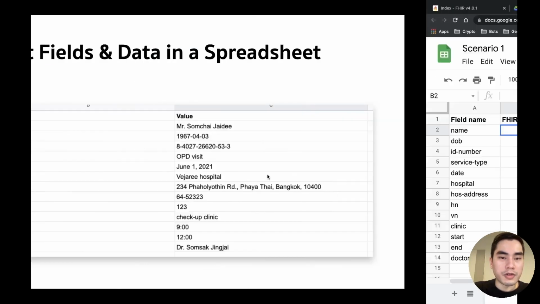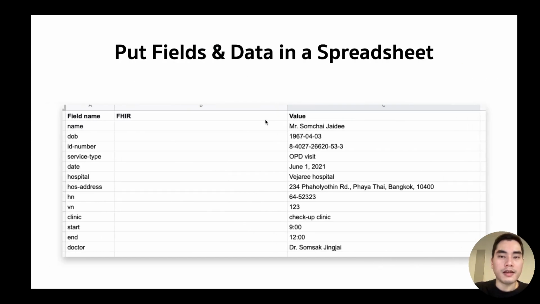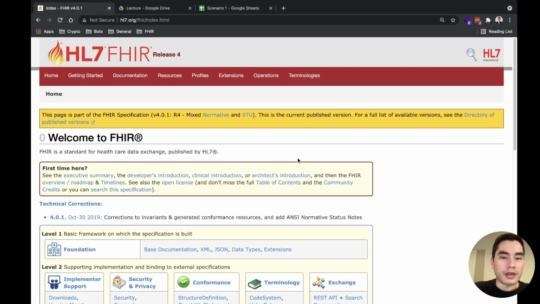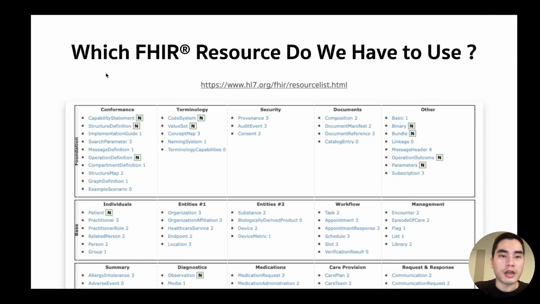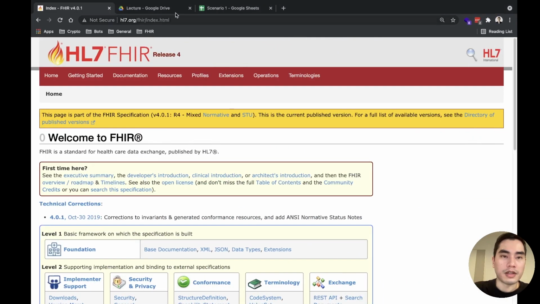It corresponds with this one. And here is the FHIR specification. The first question is: from around 150 resources here, which resource do we have to use to fill in this